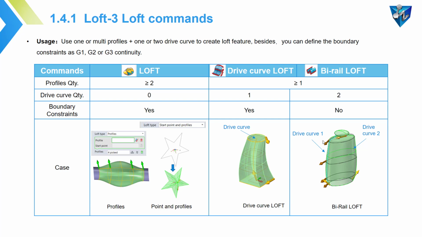Okay, and the last one is burial loft, which means you need two drive curve to make a burial loft. And in the burial loft, there is no boundary constraints to define. Okay, and here you can see a typical case. We have drive curve 1 and drive curve 2, and we have multi profiles to make a burial loft feature. Okay,